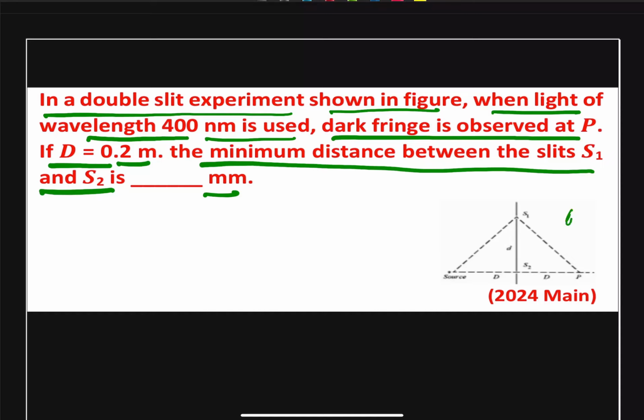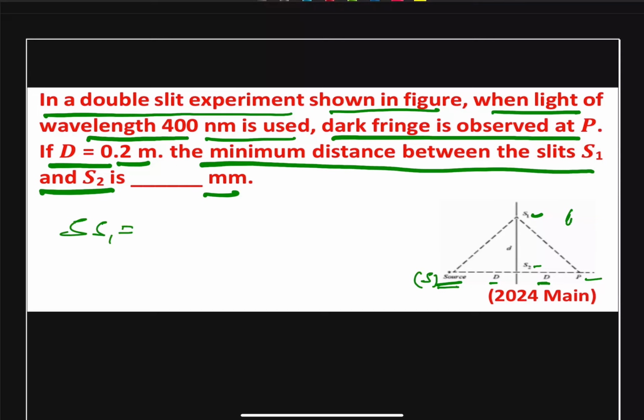In this case, we have a source and two slits, S1 as well as S2. The S2 slit is directly in between the source and the point P, and the distance between the source and slit S2 is capital D, and the same distance is between S2 and P, that is our point of dark fringe observed. And S1 is along the hypotenuse of a right angle triangle, so we can easily find its distance. Let us denote the source as S. So we can find our SS1